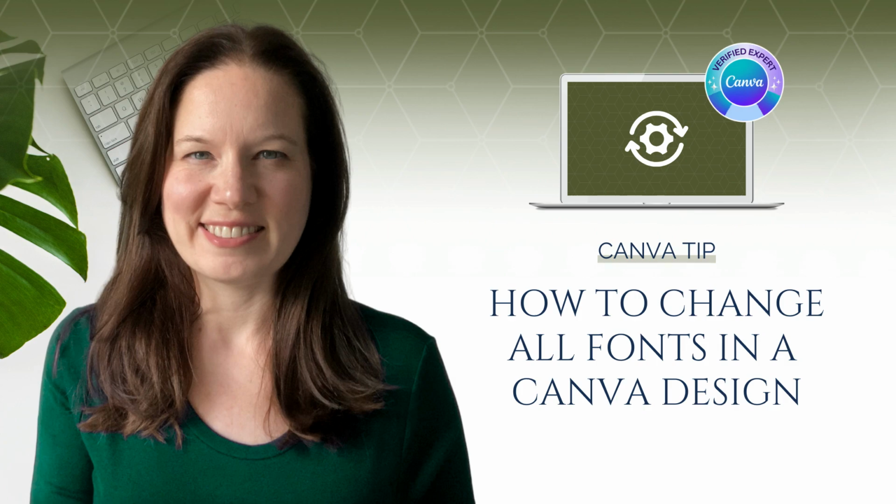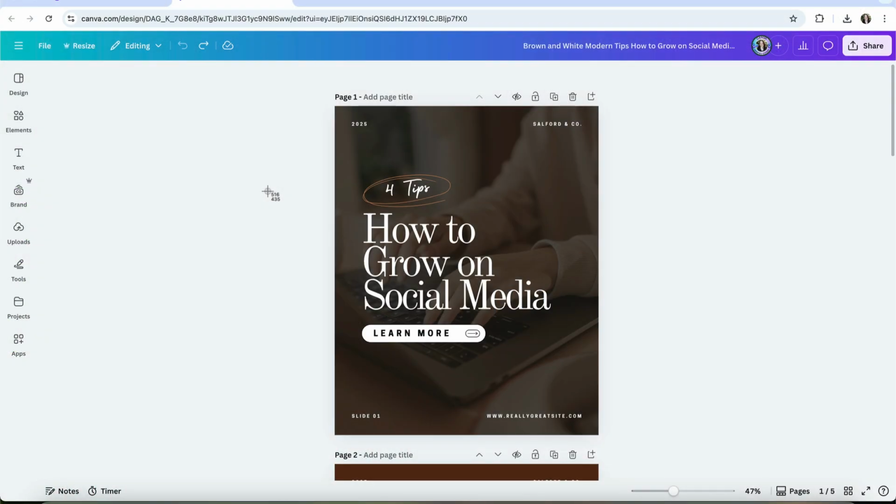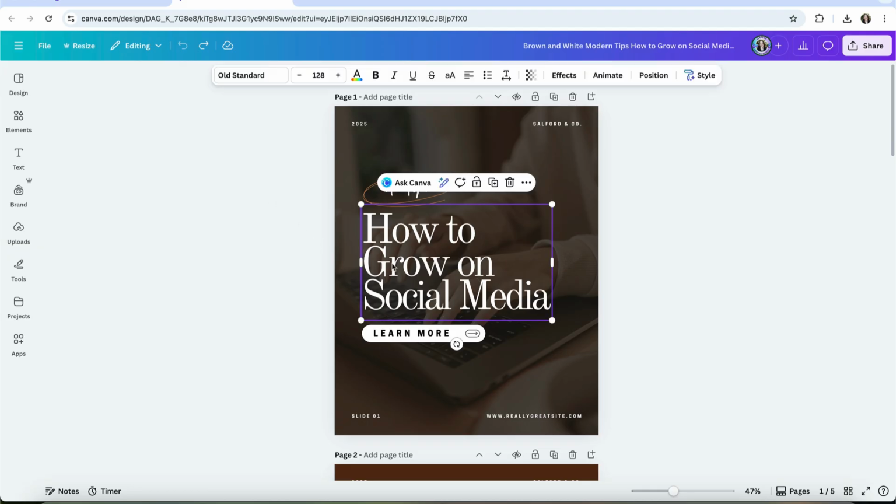If you ever need to update the typography across an entire Canva design, the Change All option is the fastest way to do it. This feature lets you replace every instance of one font with another in just a couple of clicks, which is ideal when you're refreshing a template, aligning a design with your brand kit, or cleaning up